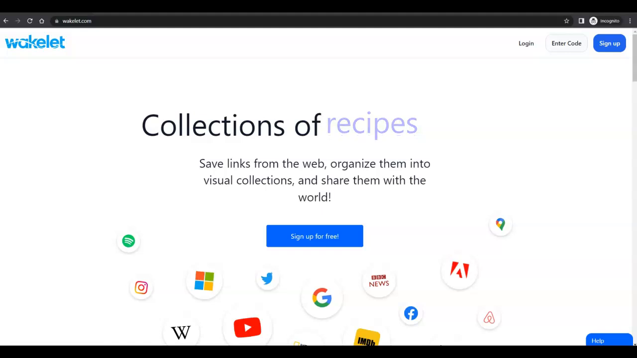So there are lots of tools that do this out there. The most popular is probably Pinterest. But I want to show you Wakelet because I think it has some great educational possibilities and it's a really easy tool to use. So here we are on wakelet.com, and the first thing you're going to do is